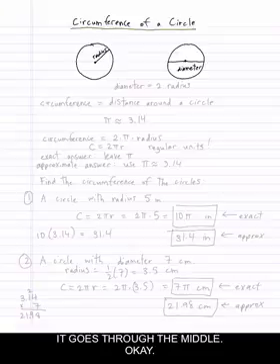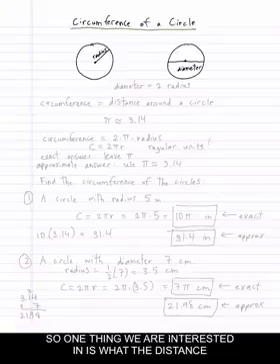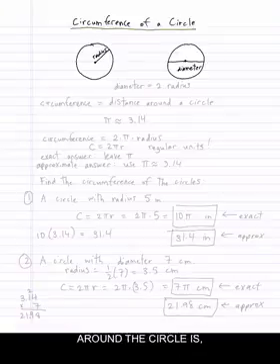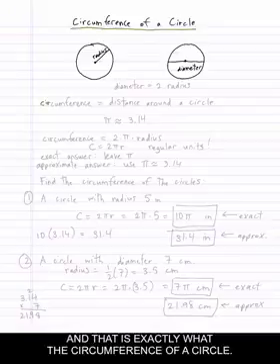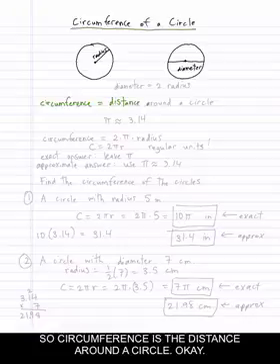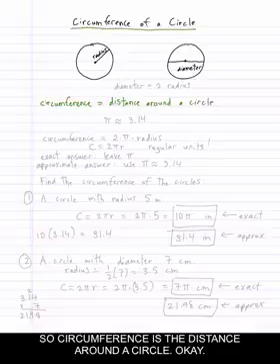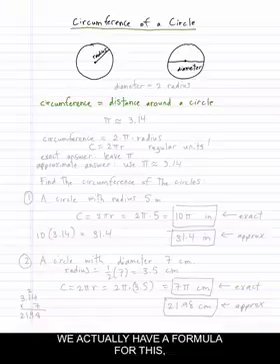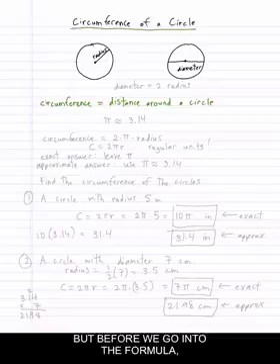Okay? So one thing we are interested in is what the distance around the circle is. And that is exactly what the circumference of a circle is. So circumference is the distance around a circle. Okay? We actually have a formula for this, but before we go into the formula, I need to